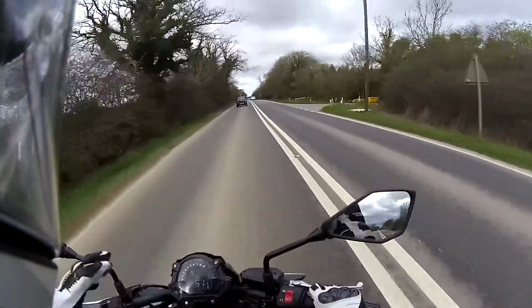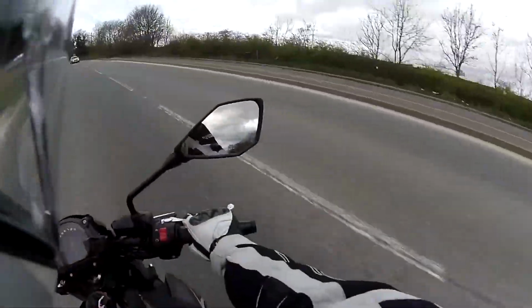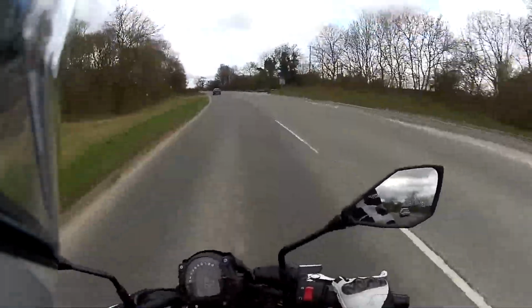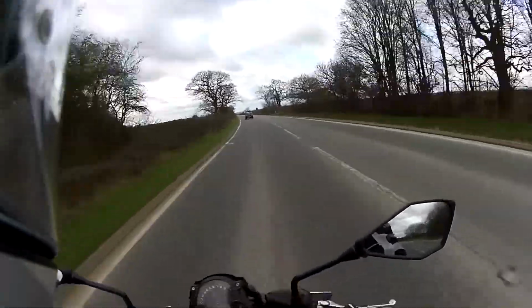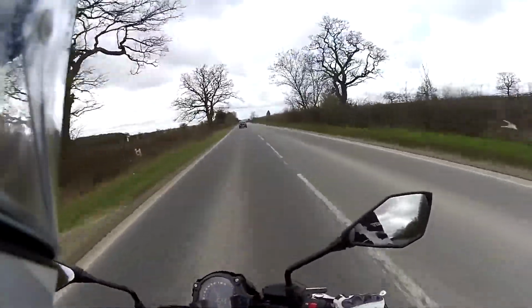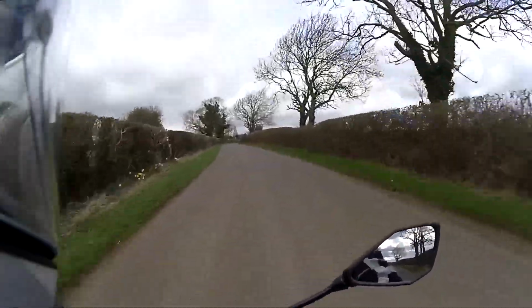sort of slightly more out of eye line. When the road starts to get a little bit twistier, even on these corners, where they're just gentle and wallowing, this bike does feel fun. But we have a nice bit of dual carriageway, some long sweepers,